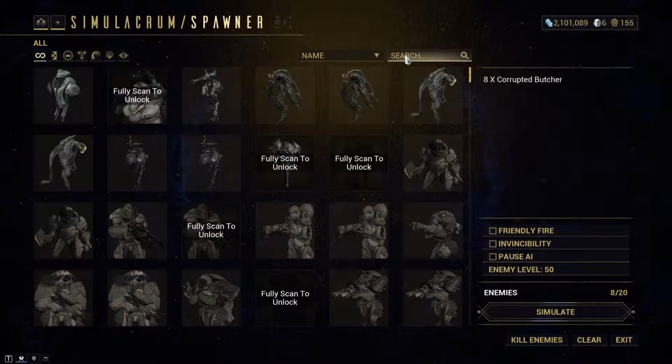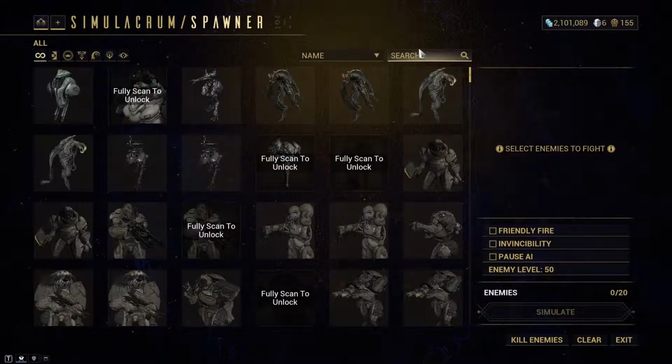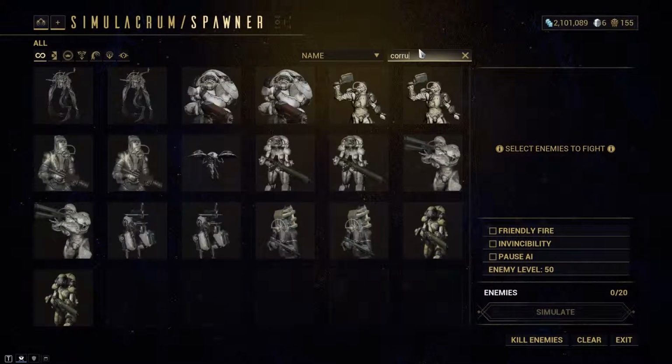demonstrate that, I'm sorry, I'm a bit off today, I'm really sorry. We do want to get rid of the butchers. What we want some corrupted enemies, but we want some...